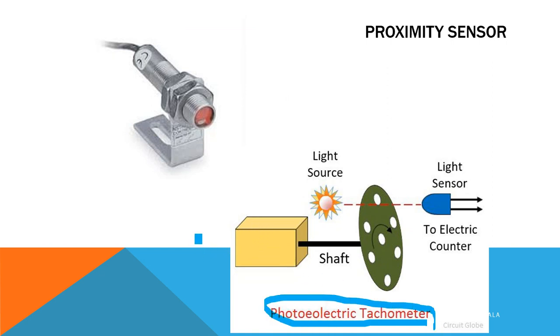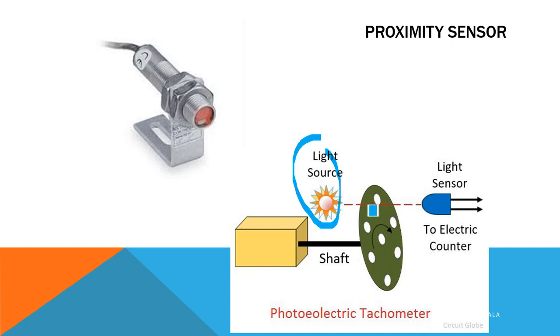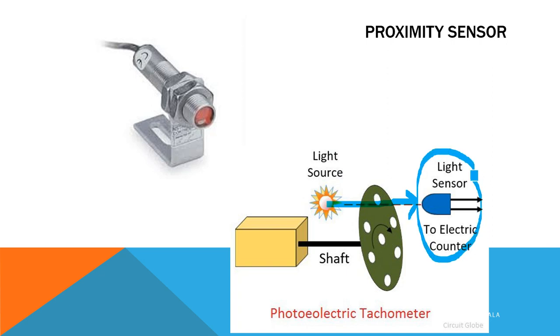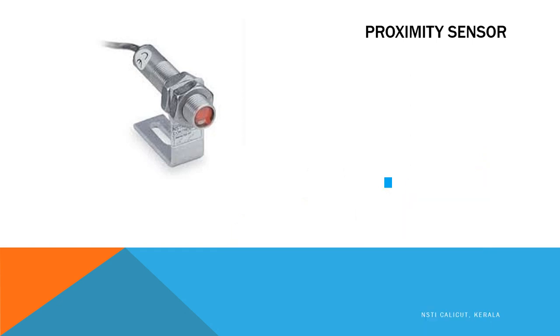So here in the picture you can see the shaft of the motor, which has a disc like this, and the disc has holes, and there is a light source kept here. When the disc attached to the shaft is rotating, whenever a hole comes near, it will send the light to the other side, otherwise it will be blocked. So the light sensor will count how much light it is getting, and that light is taken as pulses, and the higher the speed, the more sensing it gets, and by that method we can check the speed also. So this is the feedback mechanism.